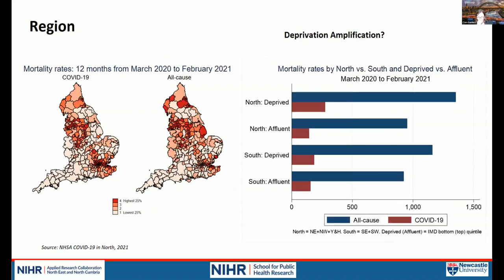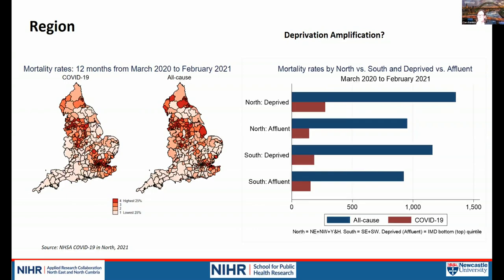The second kind of axis of inequality that we wanted to touch upon in our work has been around the regional inequalities. And here I'm focusing on work we've done with the Northern Health Science Alliance, looking at regional inequalities in COVID-19 across England. We can see the mapping there around COVID-19 over the first year of the pandemic, so 2020 through 21, COVID-19 mortality deaths, broadly mapping onto all-cause mortality, and we can see higher rates, particularly over in the northwest and certain parts of the northeast, and also in London.